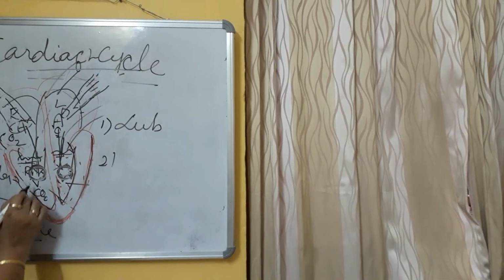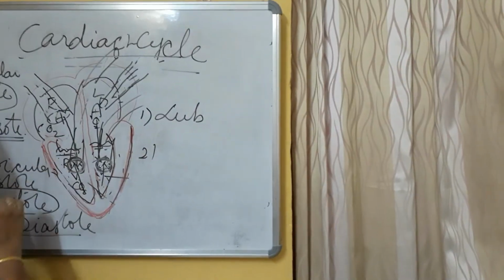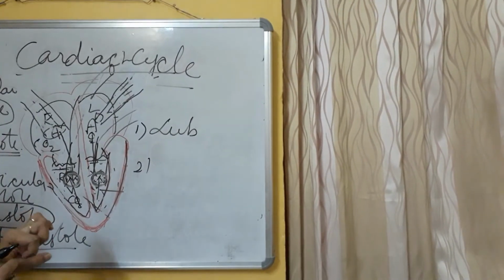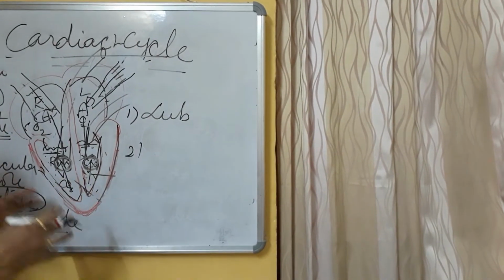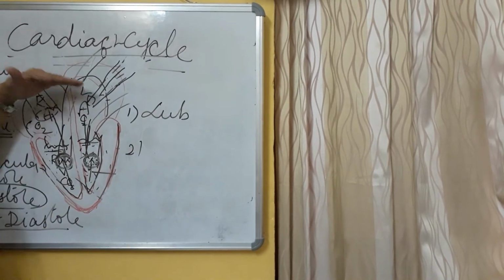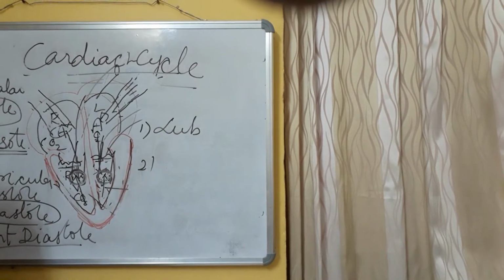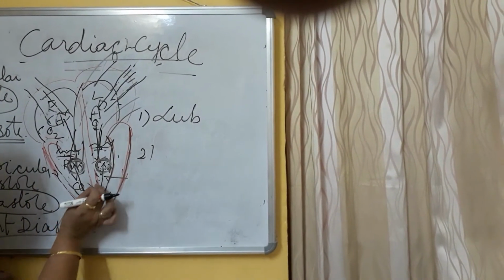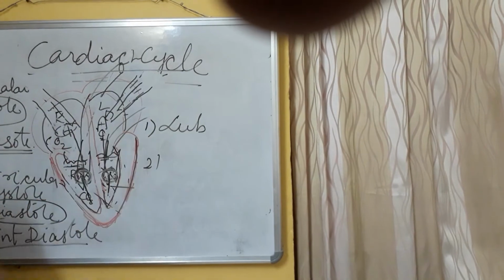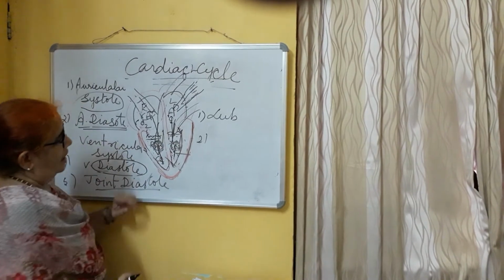So in systolic condition, where is the blood going? The blood is going to the aorta and the pulmonary artery. You see these vessels have a very small diameter, whereas the ventricle has to push the whole blood with one jerk. So the ventricles have to put a lot of pressure. Here the pressure is less. Ventricular pressure in systolic condition is very high. So with one pressure, the blood has to move into the pulmonary artery and aorta. So in systolic condition, the whole blood went into these arteries.